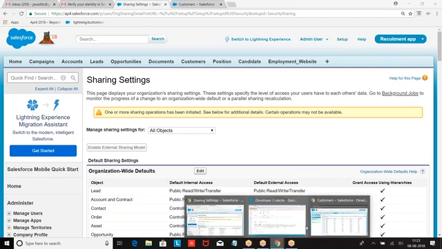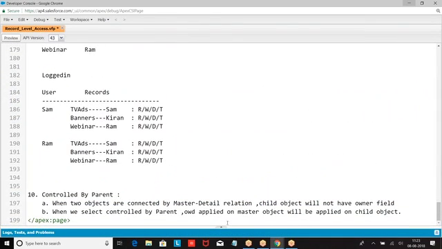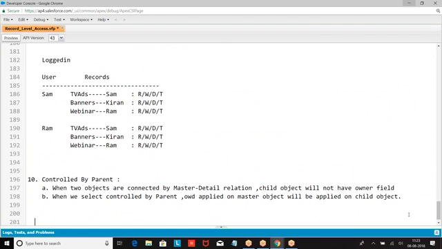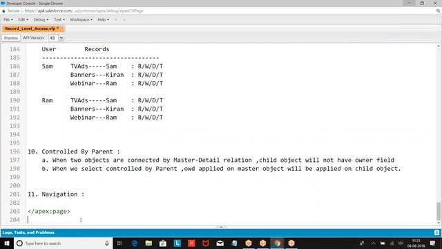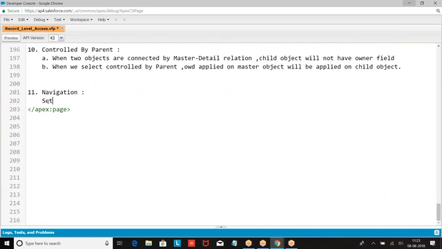Now how do you do this? Navigation, setup, administer, security controllers, sharing settings.